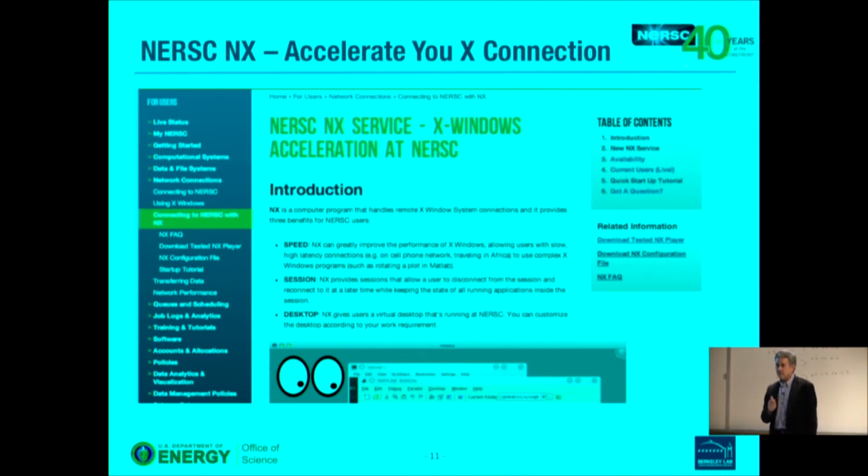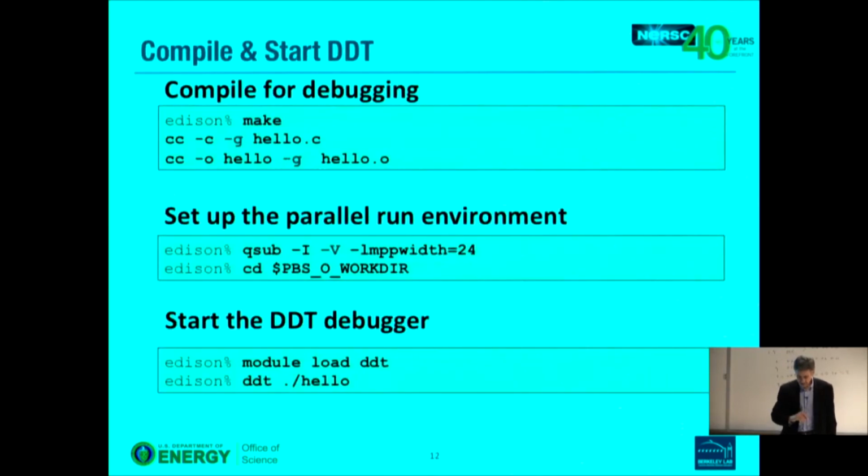If your latency is bad, X is really, really tough. We have users all over the country and all over the world. And if somebody in France at CERN maybe is trying to do X to Berkeley, it's pretty horrible, right? So what NX does is take all that chat that X likes to do and compress it into bigger chunks of data so the latency doesn't kill you so bad. If you search the NERSC website for NX, you'll see how to install and use it. Anyway,